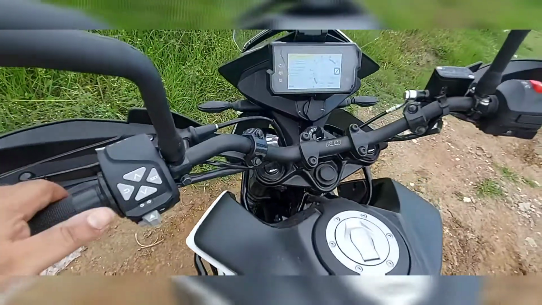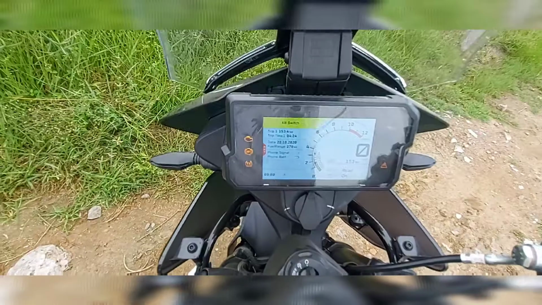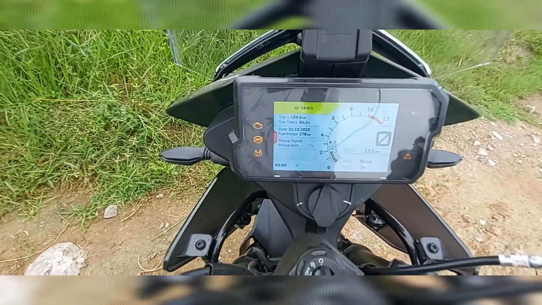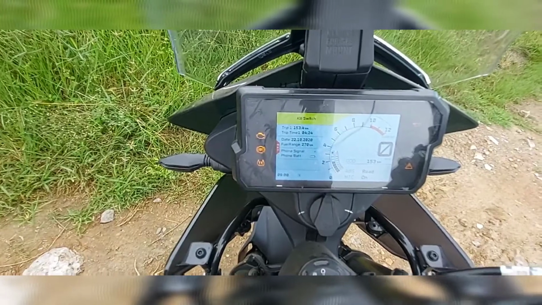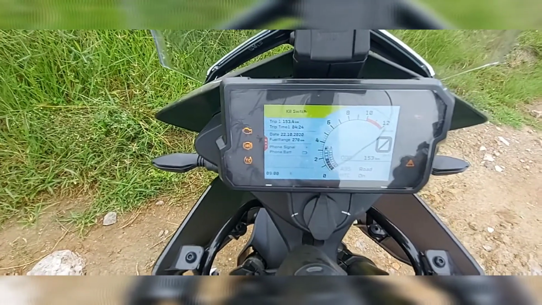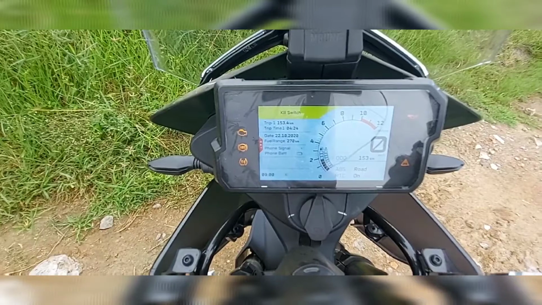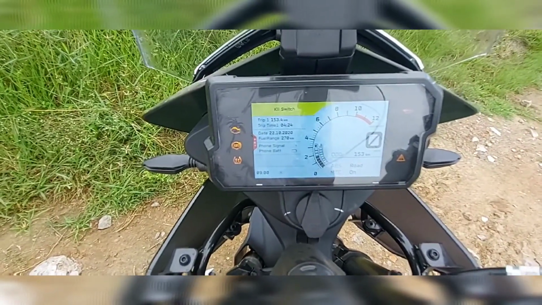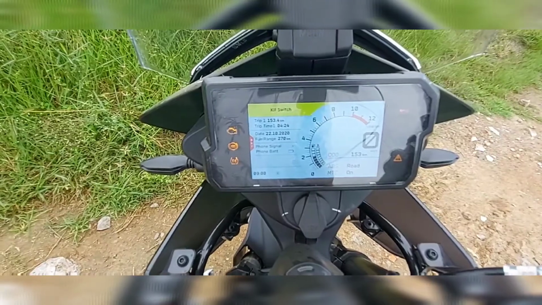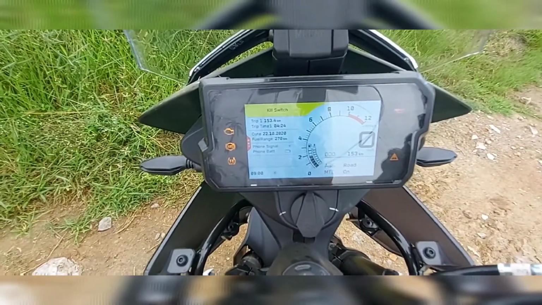So let's go to the display unit, and I'll just give a quick walkthrough of what it is and what the features are that are available in the display. You can see the dash now, right? It says kill switch is off, so that's one of the warnings it gives. So let's get into the display.